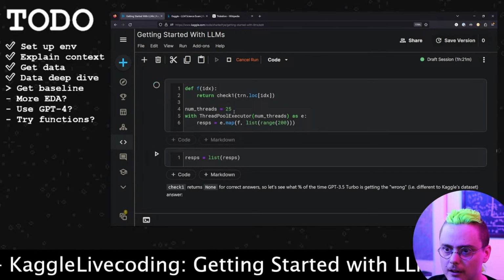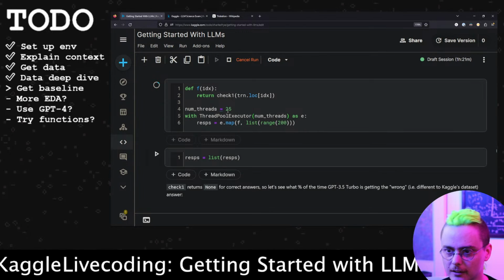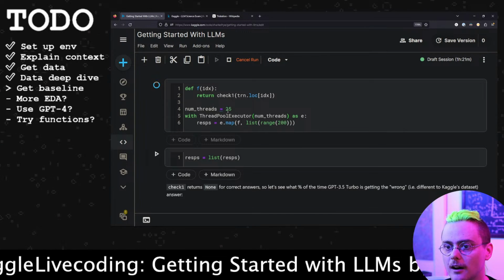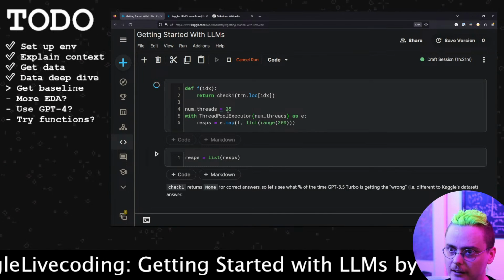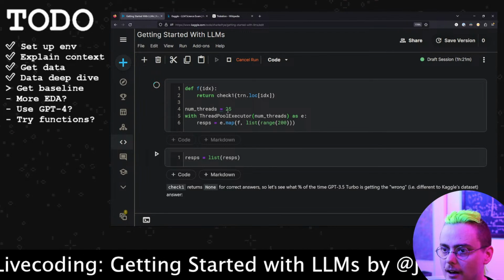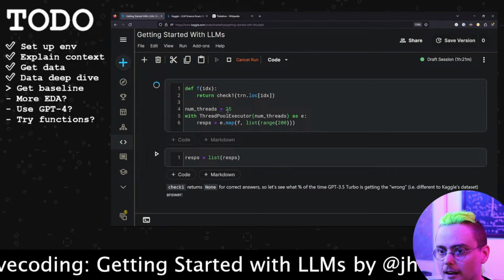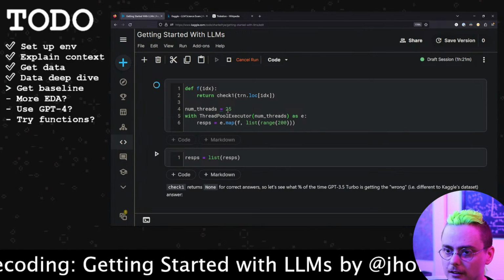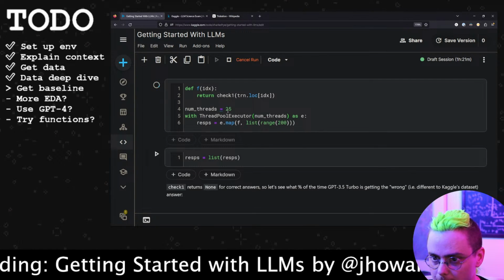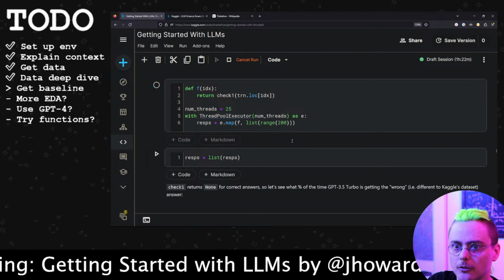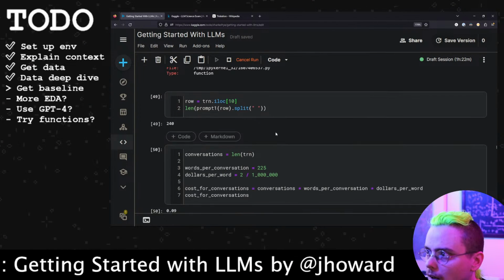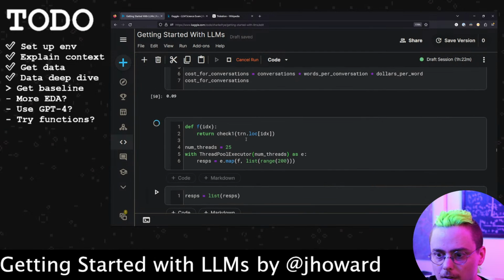We're running 25 things concurrently, and there are 200 examples in the data set. So we should probably expect about 8 times the typical length. 200 divided by 25 is 8. And the typical length is a couple of seconds. So 8 times that, we would expect this to take maybe 30 seconds to run. So we'll see. I think Kaggle notebooks by default do show you how much time it takes for something to run. Oh, maybe not. I thought they did. I guess they track time up here, but they don't show you the time.